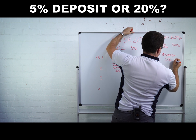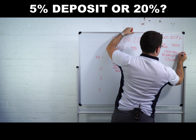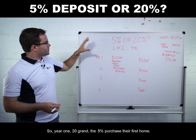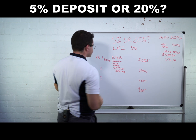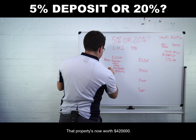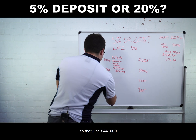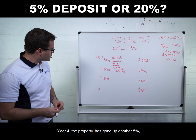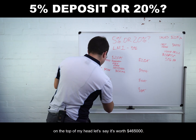So let's have a look at this scenario again, but let's assume that home prices are increasing by 5% per annum, okay? So, year one, 20 grand, the 5% person purchases their first home, let's go for $400,000. There's going to be a lot of numbers in this one, so just bear with me. Year two, that property is going to go up by 5%. That property is now worth $420,000. Year three, the property goes up by 5% on the 420, so it'll be $441,000. Year four, the property has gone up another 5%, my apologies, and because this is quite complicated to figure out off the top of my head, let's say it's worth